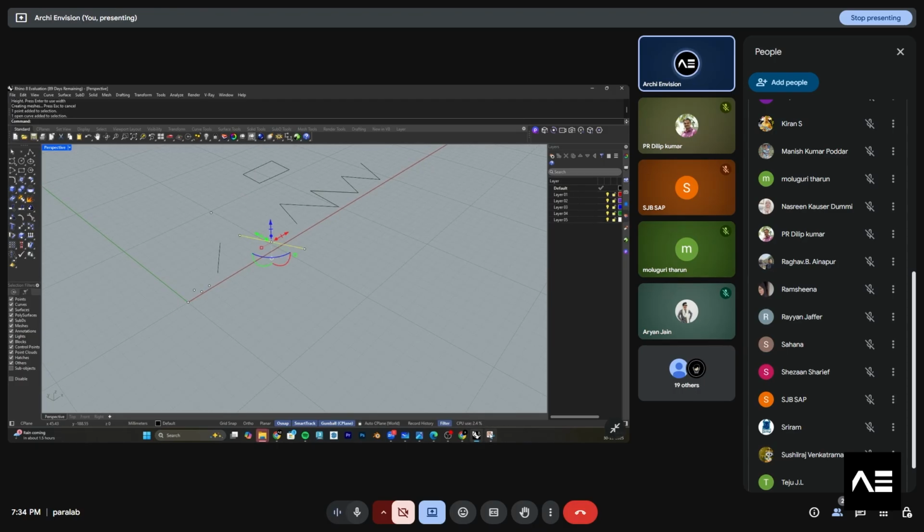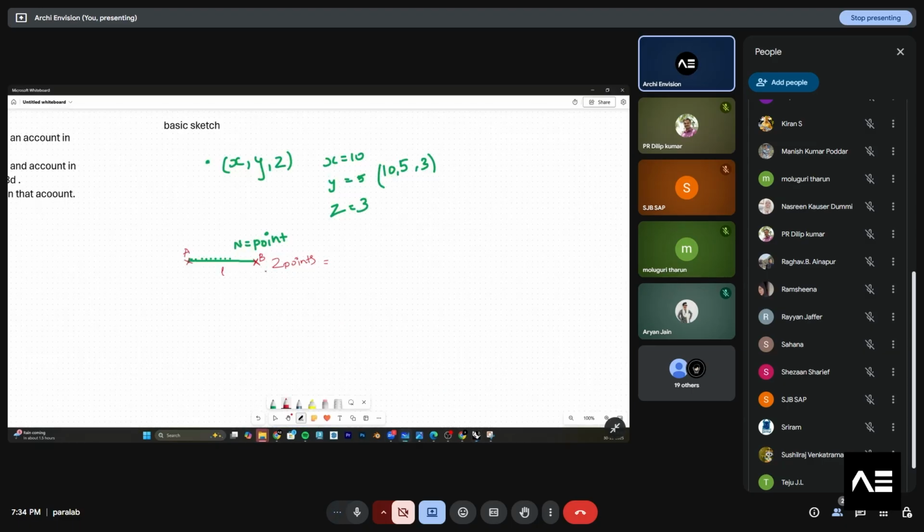There is one more thing you have to know about: a series of lines will make a surface. A series of lines like this will make a surface like this. It will have A, B, C, D, and it will have length and breadth.